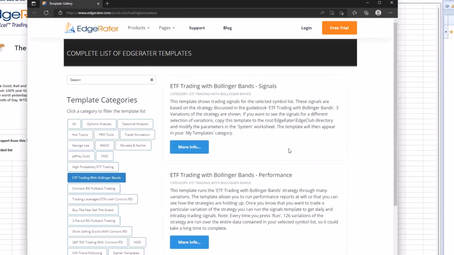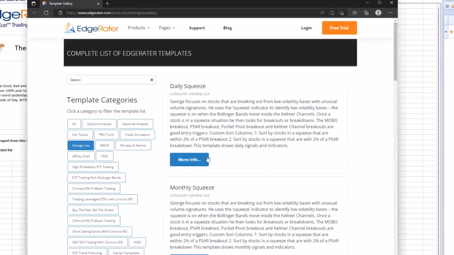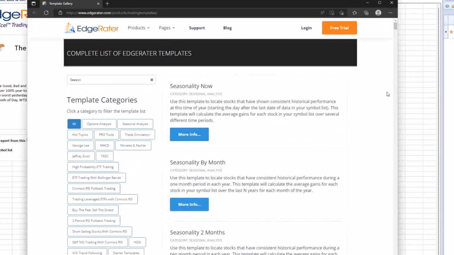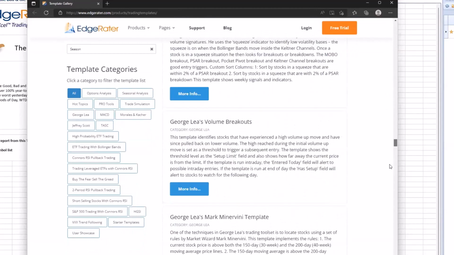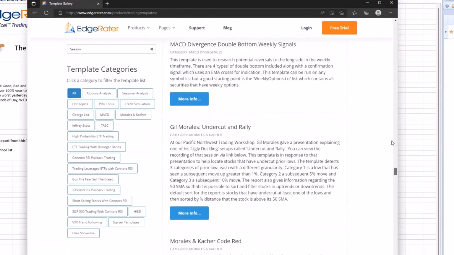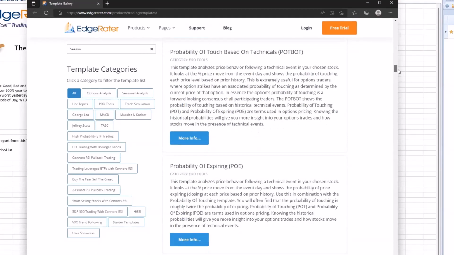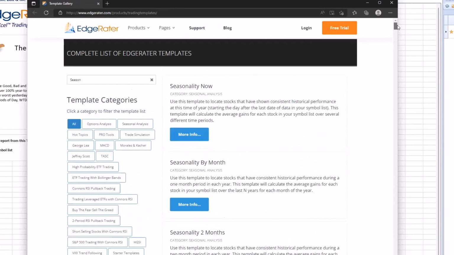ETF trading with Bollinger Bands, for instance, Jeffrey Scott category, George Lee category. So they're all in here. But if you click on all, you'll see them all here, and you can do a search for the stock you're interested in, the template you're interested in. If you want more information about the template, you click on the More Info button, and that should bring you